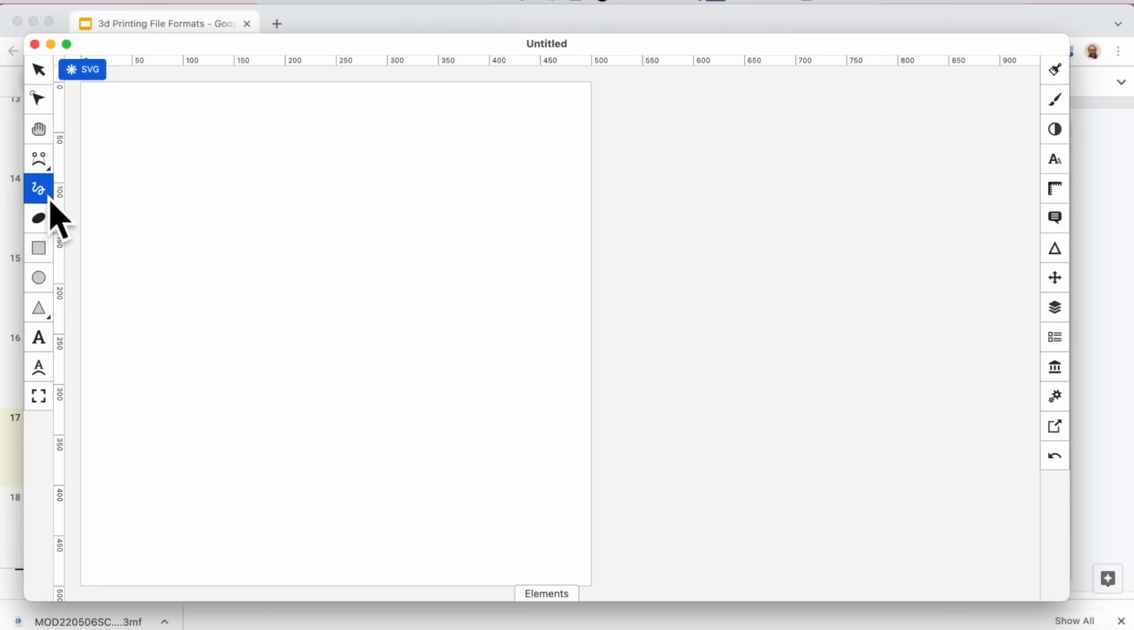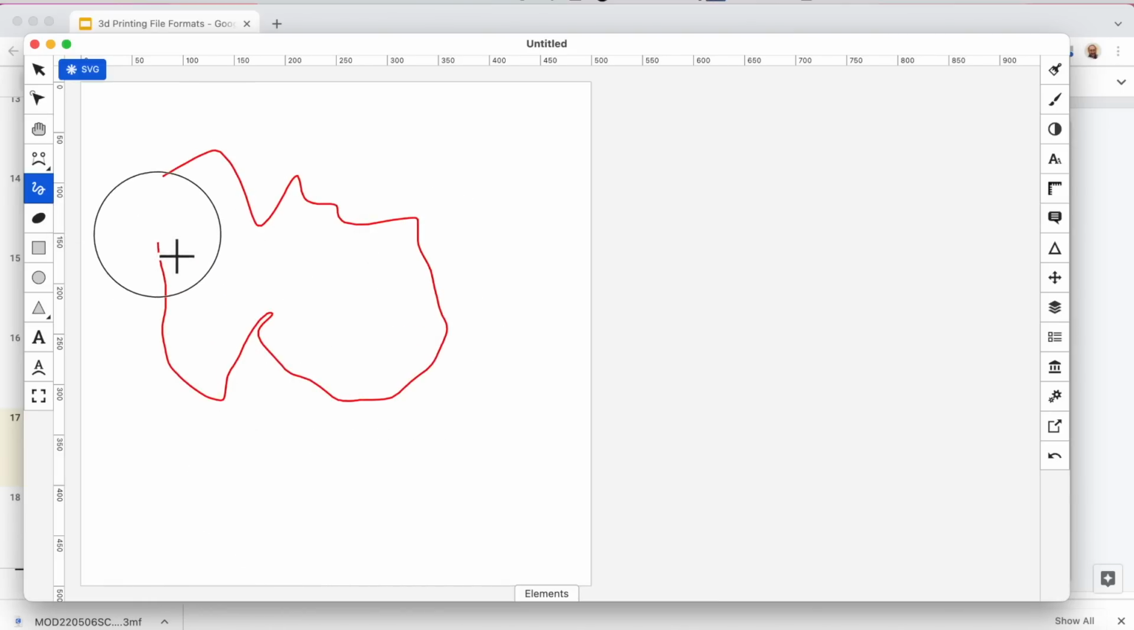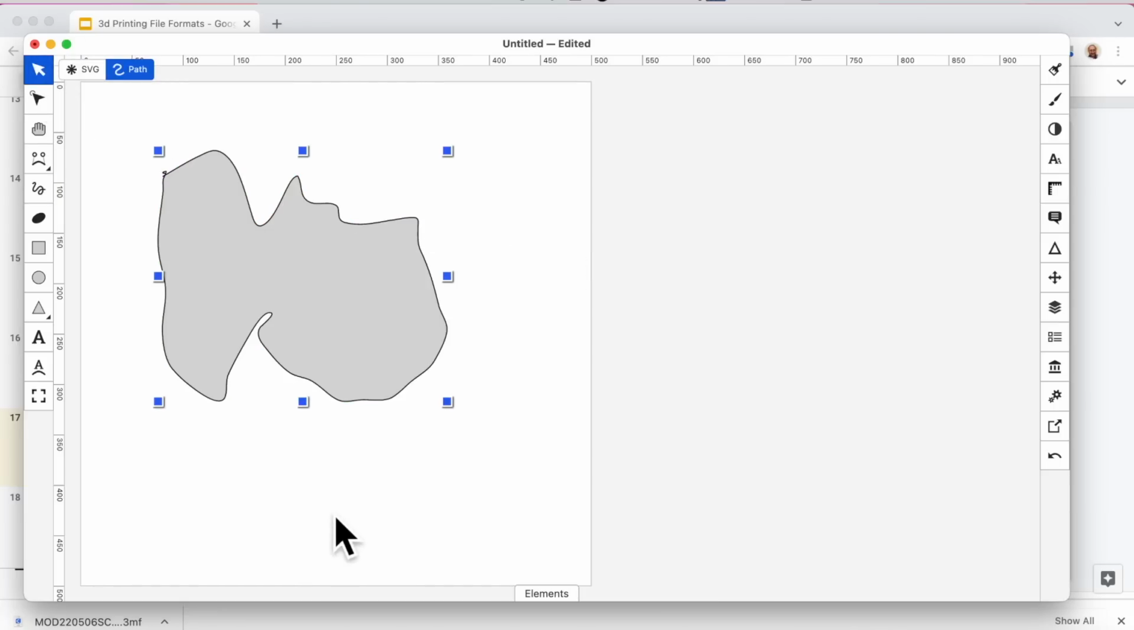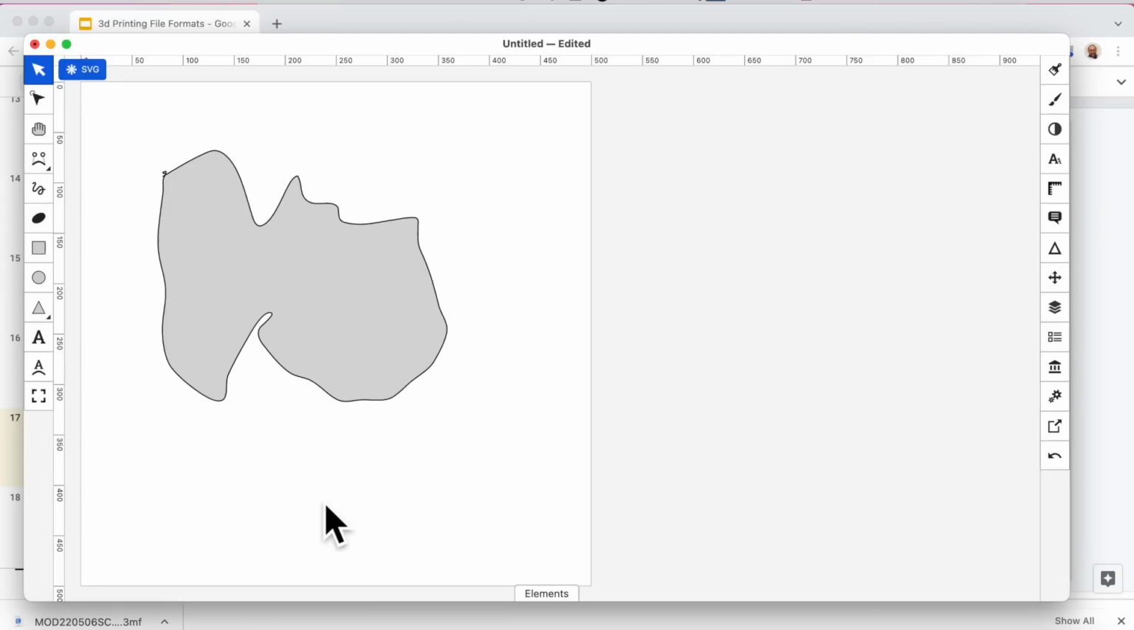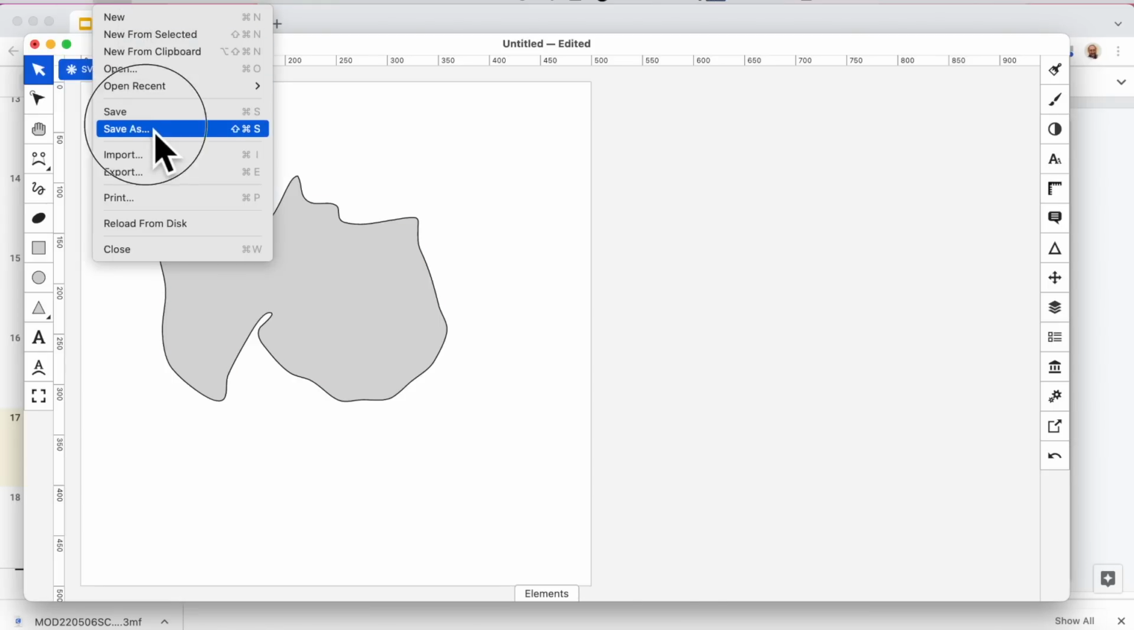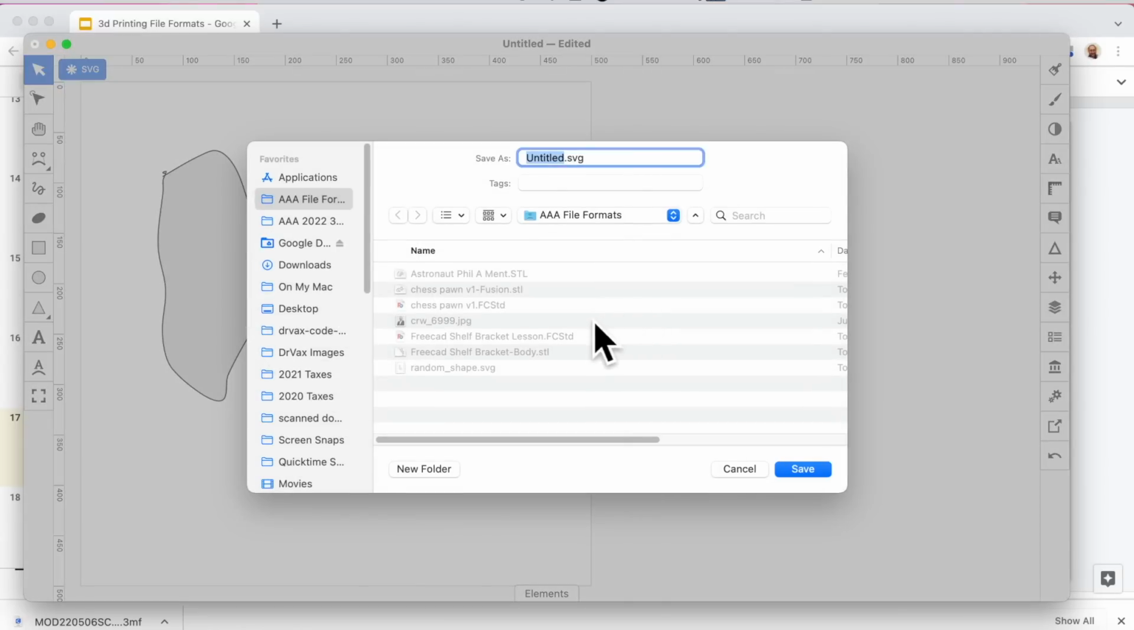So I'm going to click on freehand over here, and I'm literally going to create a crazy shape. And then I want to turn this shape into a three-dimensional object. So what do I do? Well, this is two-dimensional. So I'm going to save it. I'm going to save as, and I did this once before, so I'll just reuse that name,